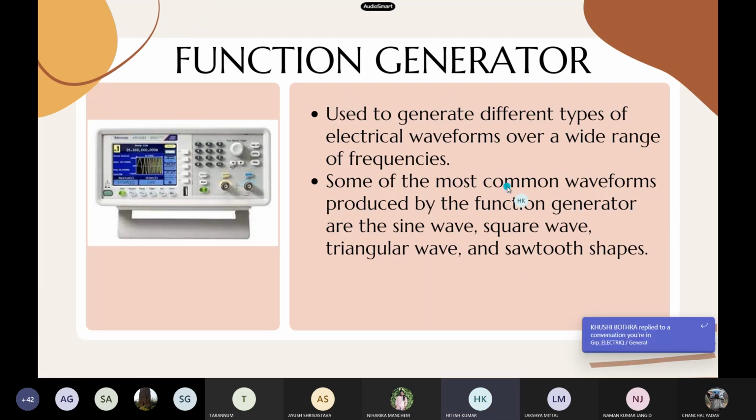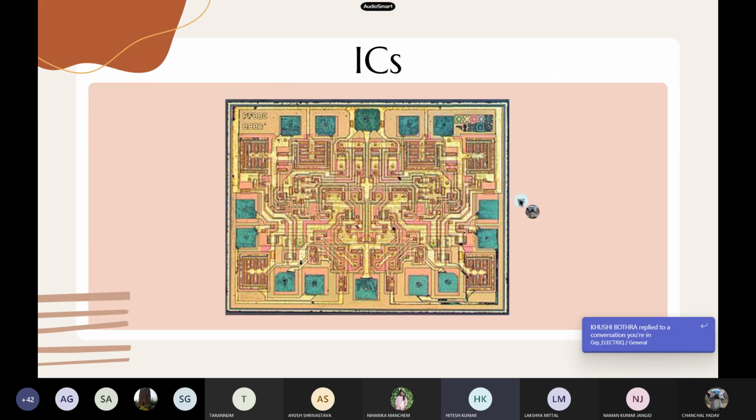So this is an internal circuit of a 556 timer IC. You can see how complicated circuits are made into a simple single piece of chip. So I want to give you an idea about